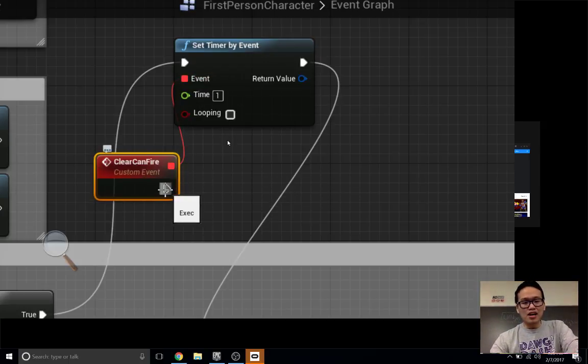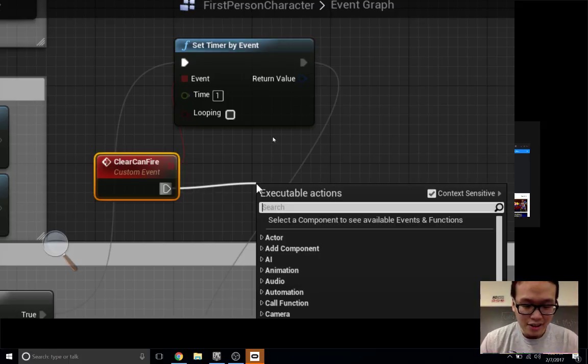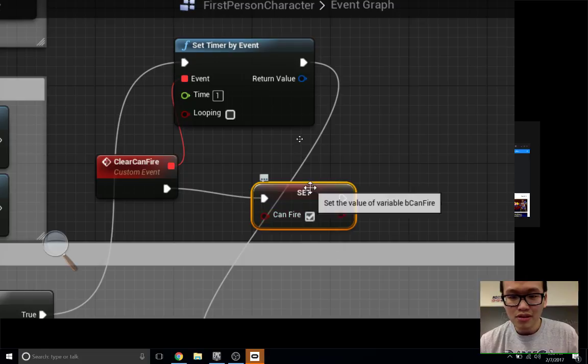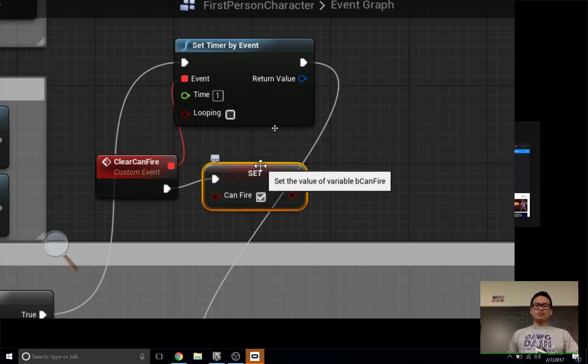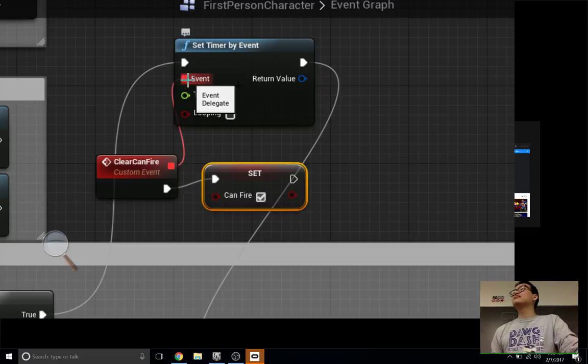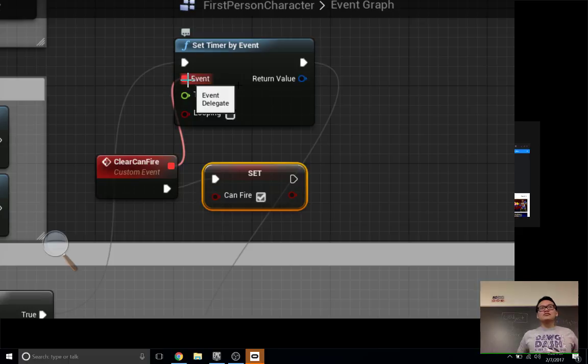If you drag out from the event, you can do set can fire to true. You'll note that Trung also moved the red box off the edge of this event. That's a reference to the event. It's saying to this timer, trigger this event when the timer expires. You can use either way.